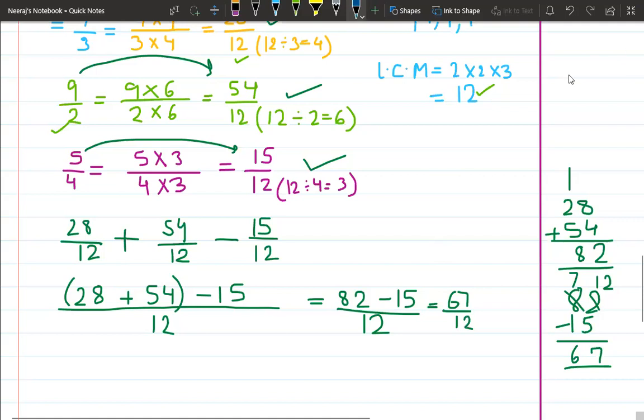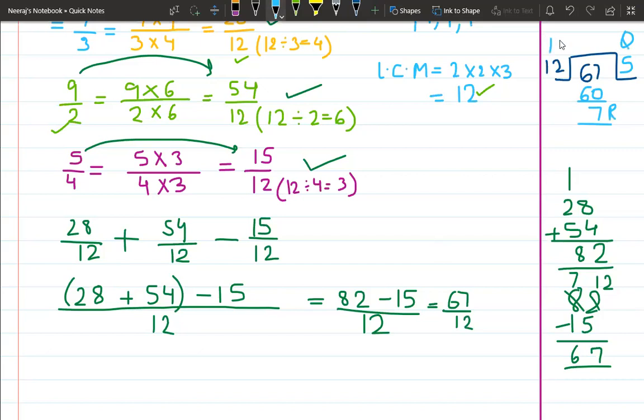So for it, you need to divide 67 by 12. And you know the table of 12 very well. 12 fives are 60. This will give you 7 as a remainder. And I told you that you have to write quotient, then remainder, then divisor. So you have to write in the form of Q, R, D. So firstly, what is the quotient over here? The quotient is 5. So I have to write 5 in between. You have to write 5 beside the fraction bar. Then you have to write the remainder. What is the remainder? The remainder is 7. Then what is the divisor? The divisor is 12.